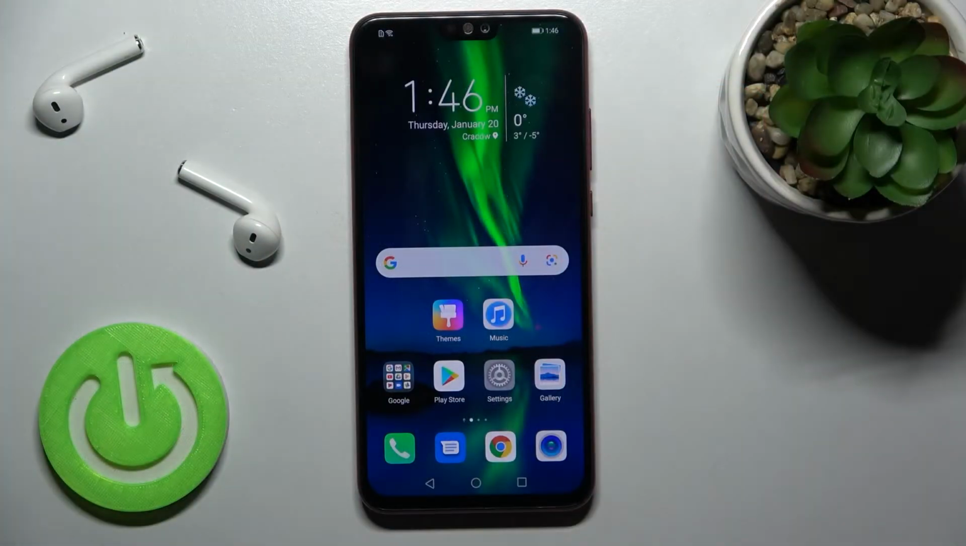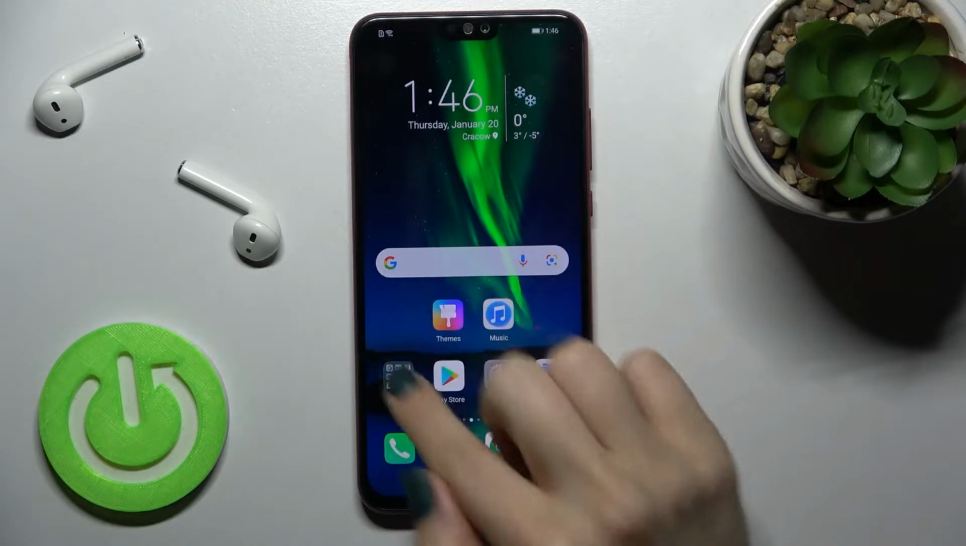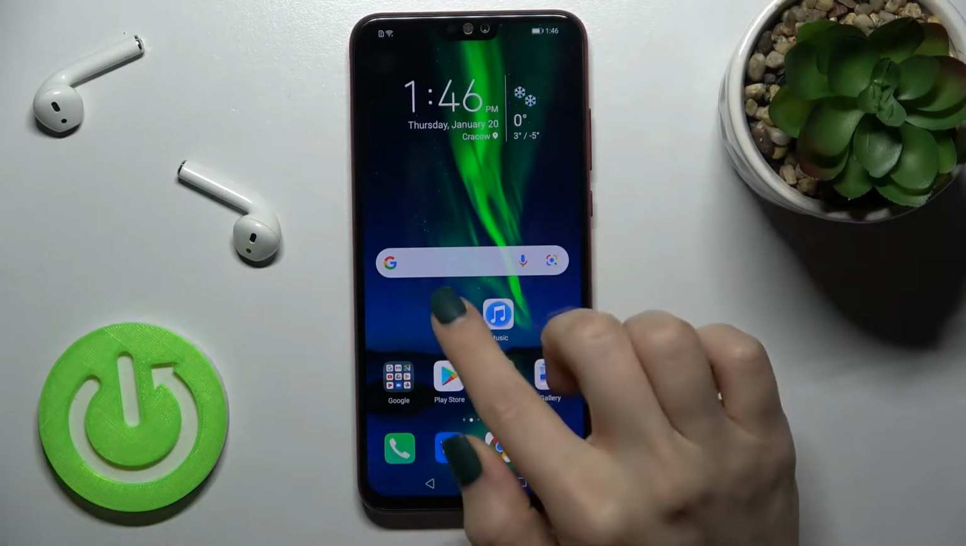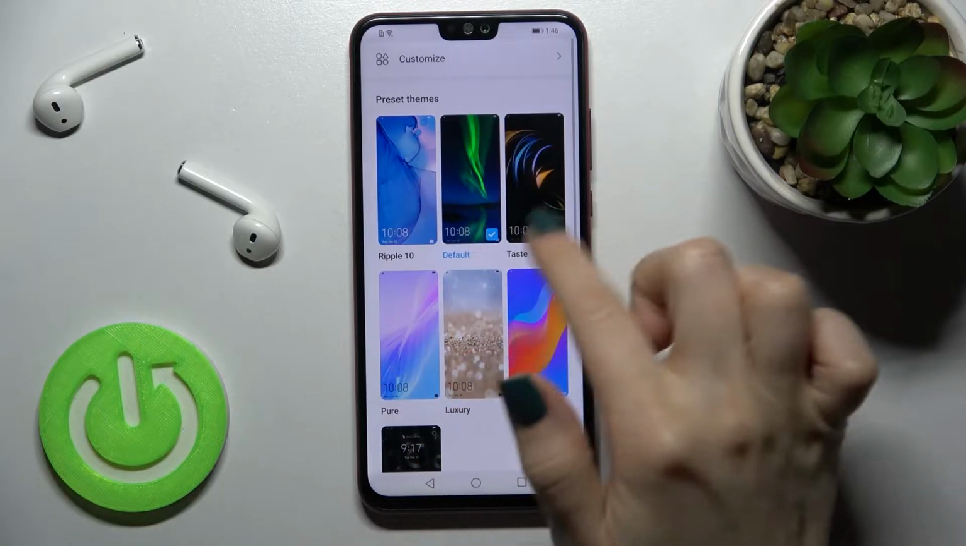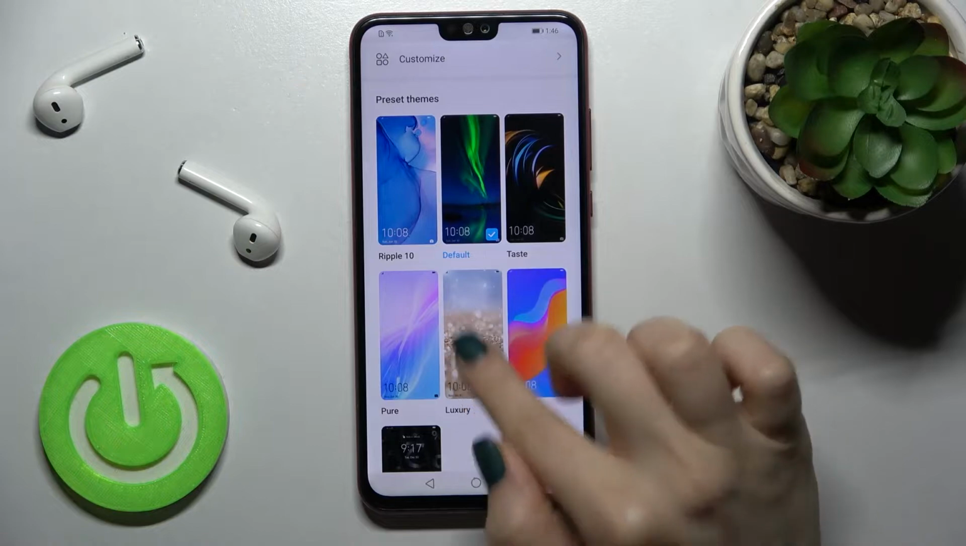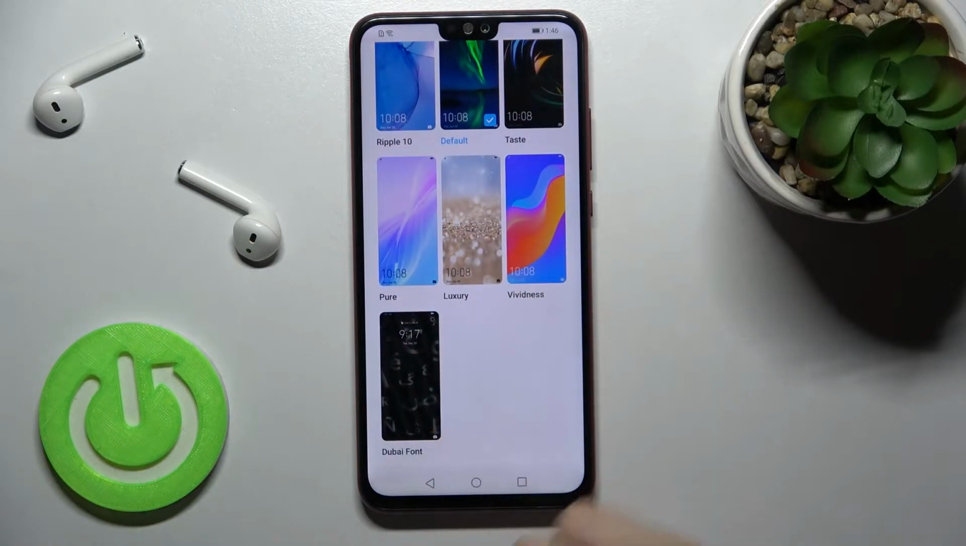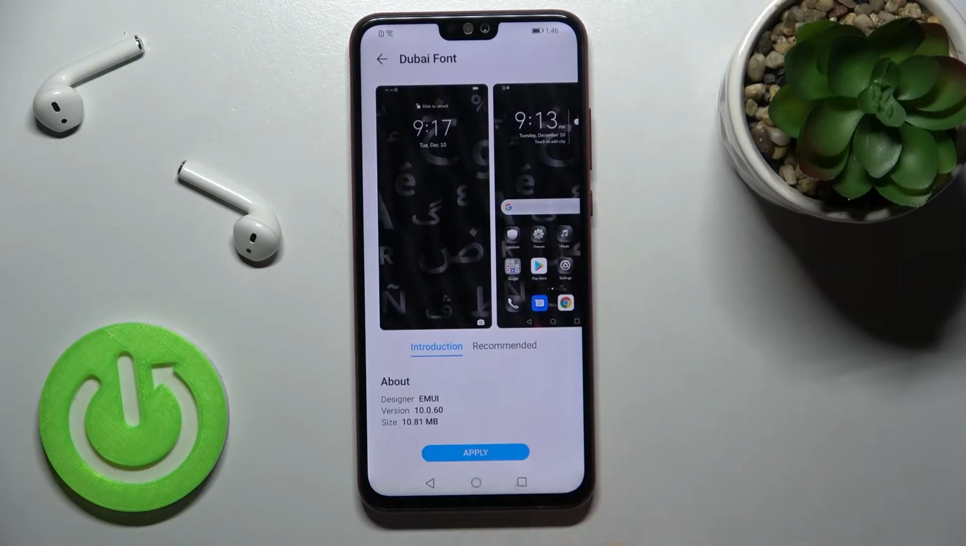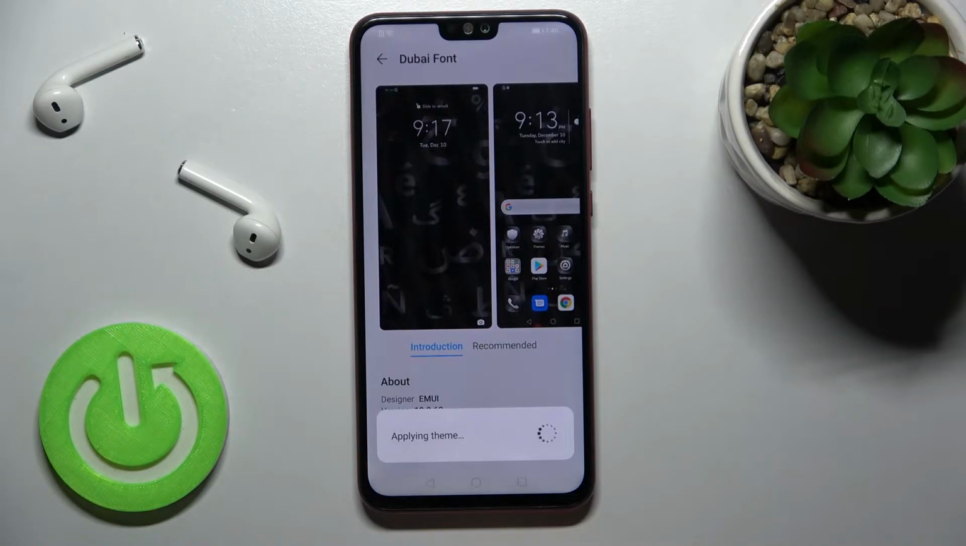Today in front of me is the Honor 8X, and I'll show you how to change the device theme on this device. So first we should go to the Themes application, tap there, and as you can see we just get set at the default theme. We can switch these, for example, to the device font, and now just tap here to apply to change the theme on our device, and as you can see, we'll see here the changes of